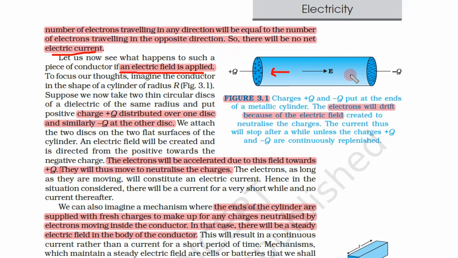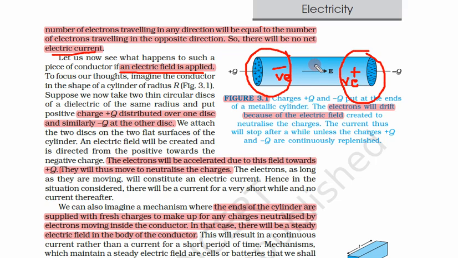So there is negative plate or negative charges are there. Positive charge is moving on this side and negative charges are moving towards this side. This is negative and this is positive. Suppose we have supplied positive or negative charges only at once, then these negative charges will neutralize this positive charge, hence there is no charge, and this positive charge will neutralize this negative charge, again there is no charge.